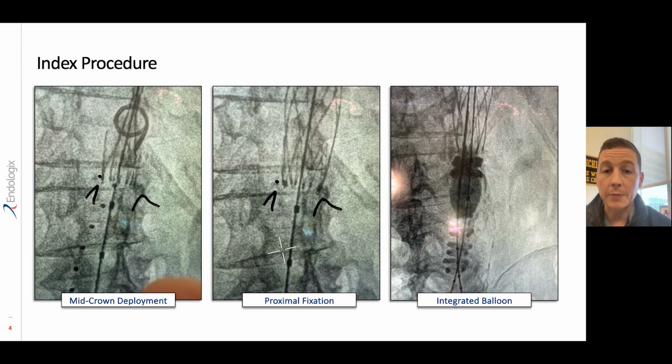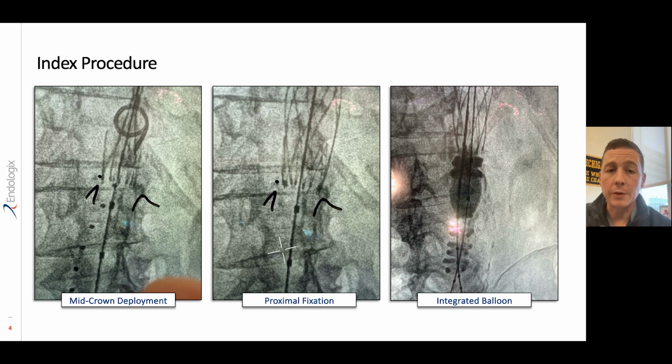These are some intraoperative images that show where we lined up our sealing ring. As you can see on the screen left, the mid-crown deployment was done with the top dot marking the mid-renal on the patient's right on the screen left. The portion that I'm outlining here is the mid portion of our sealing ring, right where we wanted it to